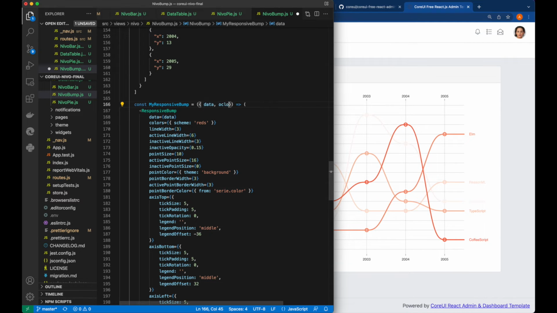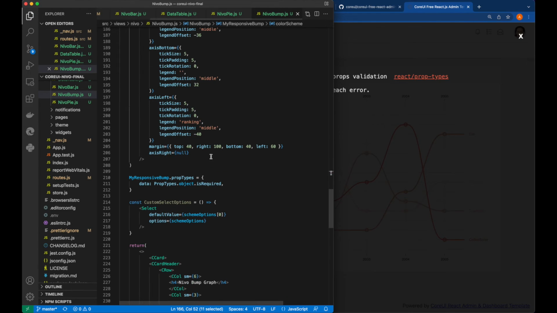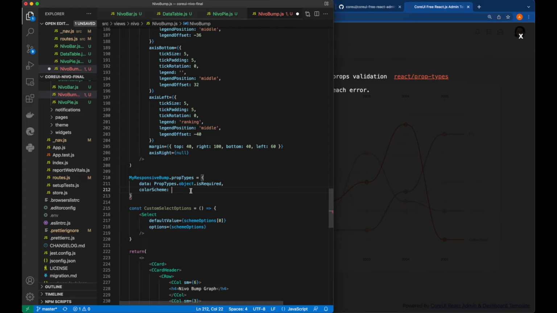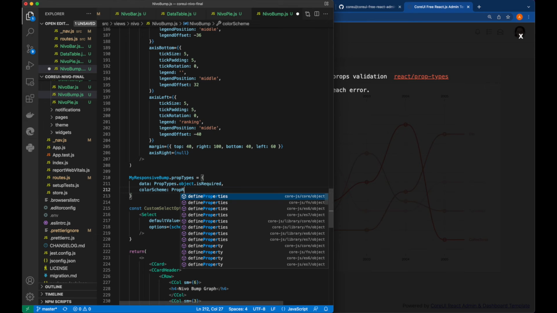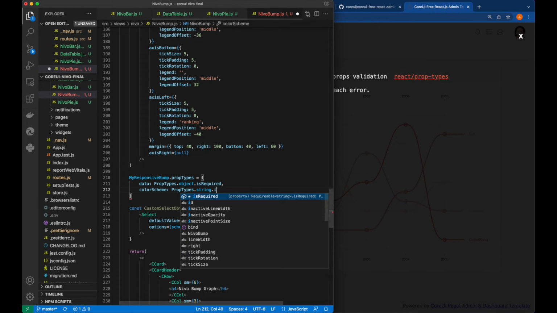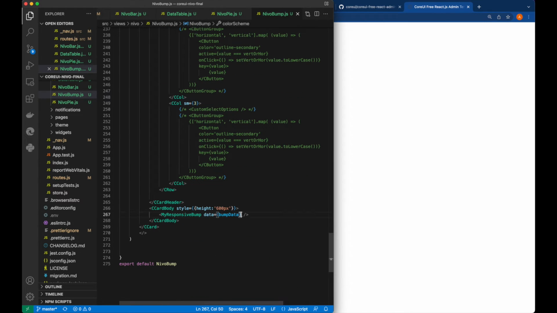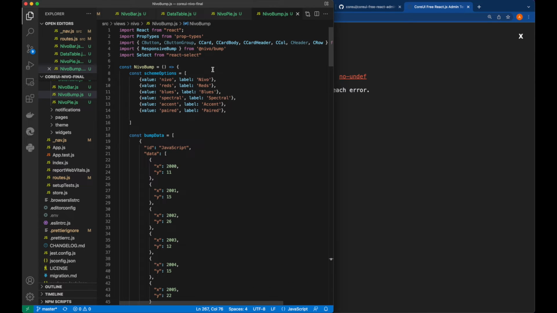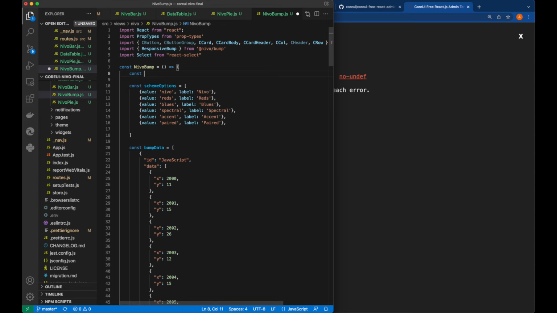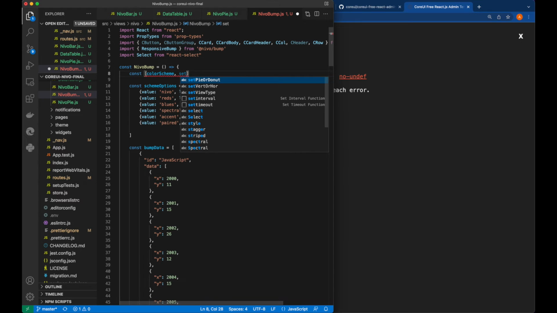It means we need to type it as colorScheme scheme. So color scheme will be the variable which will have the setting about the color scheme. This color scheme is a string variable. So we will say PropTypes.string is required. So we have added the color scheme, and color scheme will be added here. So color scheme will be a variable which we will set here. So we will call it const color scheme, set color scheme equals to